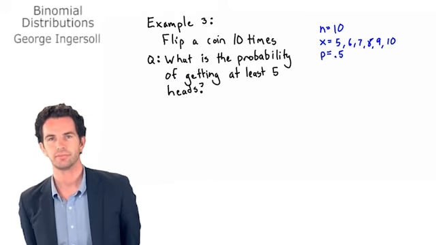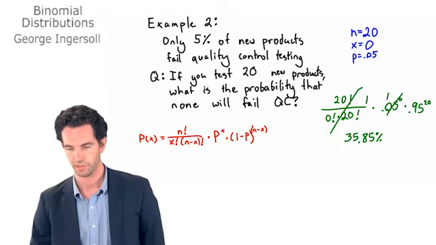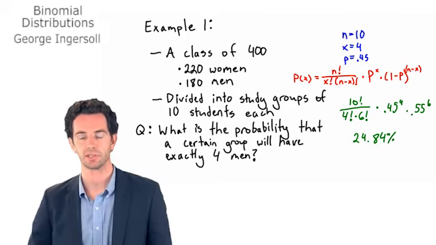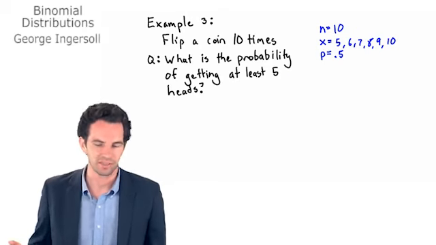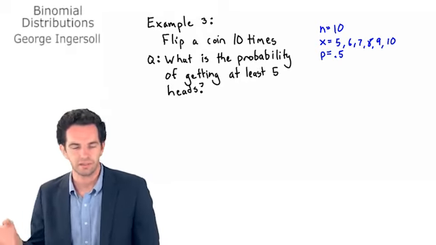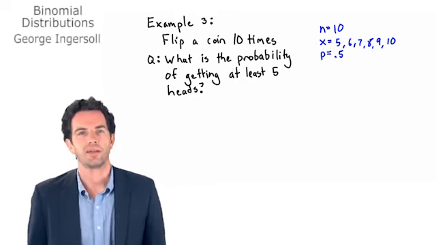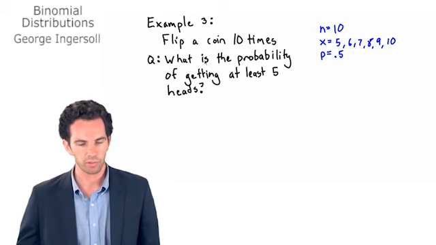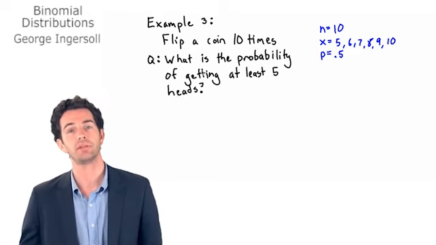Now, I didn't actually calculate out the equations on example 1 and example 2, or rather I did it previously, but it takes a second. You have to set up the whole equation, you have to plug it into your calculator or Excel, and it'll take you a minute or two. It gets really tedious when you start having a range of values that you're looking for. So in this question, remember, we were looking for not just the probability of getting exactly a number, but the probability of getting several,